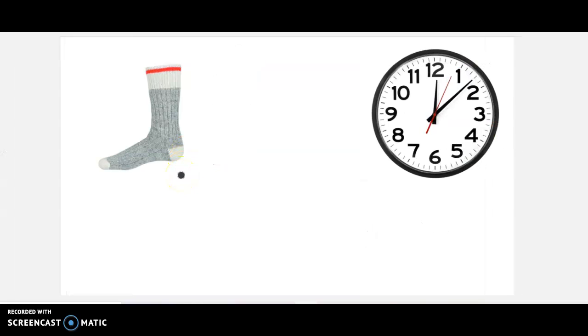We see a sock and a clock. Let's write these words. Notice how I'm sounding out my letters as I write them. This can help you with your writing and your spelling. Sock, sock. Now let's write clock. Clock,